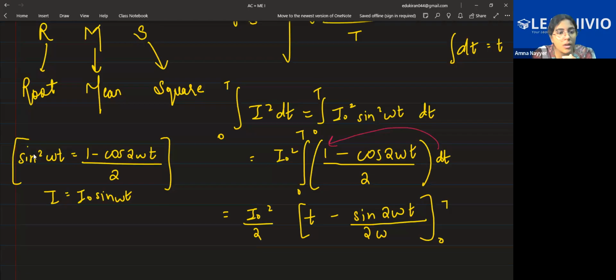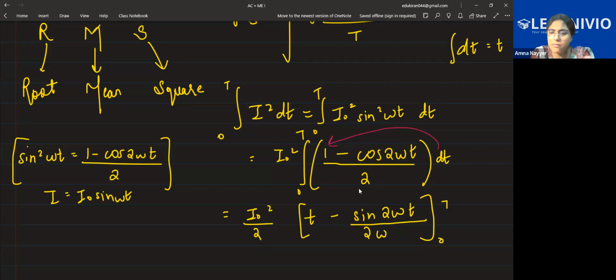And for sine square omega t, this is an identity which we have substituted so that our calculations are a little clearer. If you have a shorter quantity, it is difficult to apply it in definite integrals. But when you have a little broader amount of quantities, you can further integrate it. In integration, you want to expand things, so you need quantities. So this is 1 minus cos 2 omega t by 2 dt. Now we have to integrate all this. After this step, we have to integrate it.